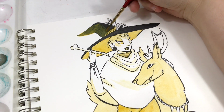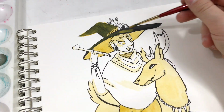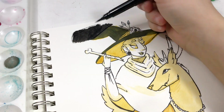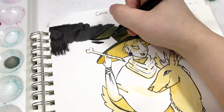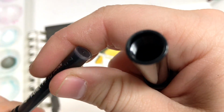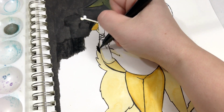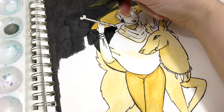I wish I would have gone in with a different pen for the background. This little Pentel pen has this one single ink cartridge in it, and this is my last refill. I very narrowly got through shading the entire background of this piece, and you can see it's not exactly the most opaque of blacks, as opposed to the Daler Rowney black ink that I used on my Summer Witch Draw This in Your Style challenge. That ink is opaque. This stuff, you can see all of the brush marks, and you can see mostly where I was running out of ink, wherever it gets a little bit